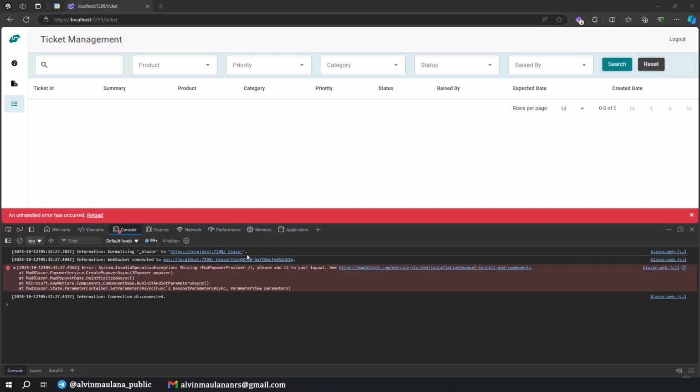And this is the error we get even though we already added the MudPopoverProvider in our main layout. We are still getting the missing MudPopoverProvider error. That's why in previous parts I always tried to put the MudPopoverProvider in every page we want to use. But for now we have a solution for that, so we can just close it.